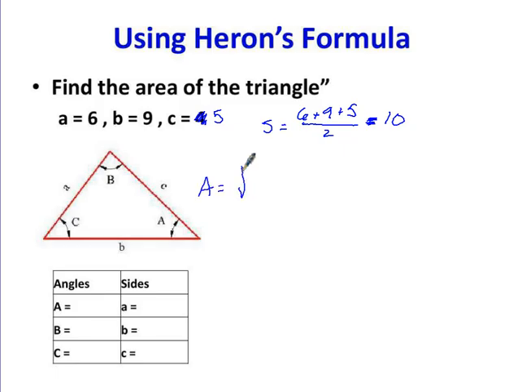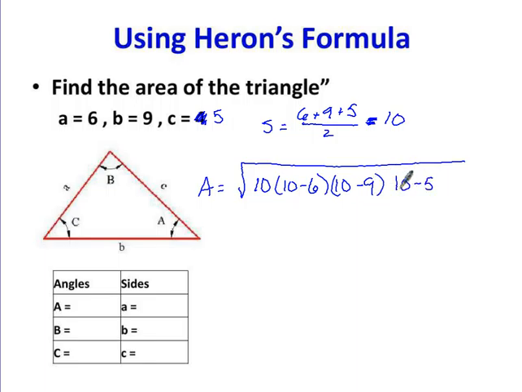So the area then would be the square root of 10 and then 10 minus each side. So 10 minus 6, 10 minus 9, and 10 minus 5. Alright, I'm going to go ahead and do the subtraction inside the parentheses first. So I would have 10 times 4 times 1 times 5. Alright, and when I multiply all of that and take the square root, I get that the area is